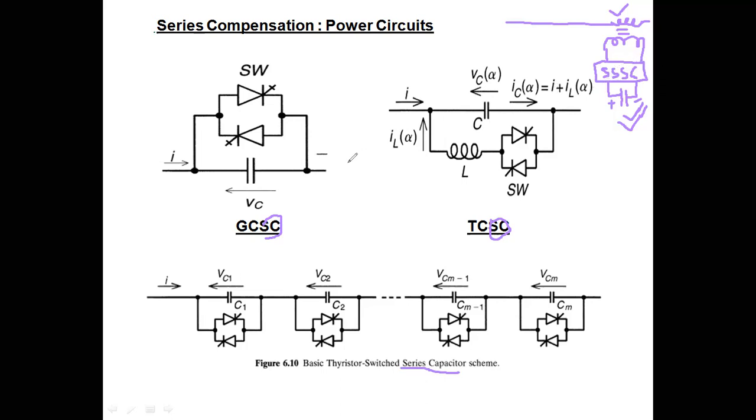Now we are reviewing series compensation, so you should know what is inside the SSC box. The voltage source converter will have a bridge circuit, a converter circuit. Using that, you can get either capacitive or inductive nature, with the static synchronous series compensator. So that is about the power circuits. Then we move to the waveforms, because we have to explain the operation of this one. So I will move to the next, that is the waveforms.